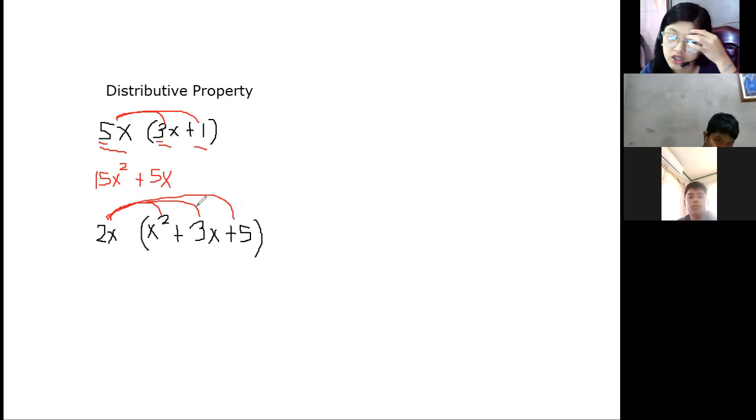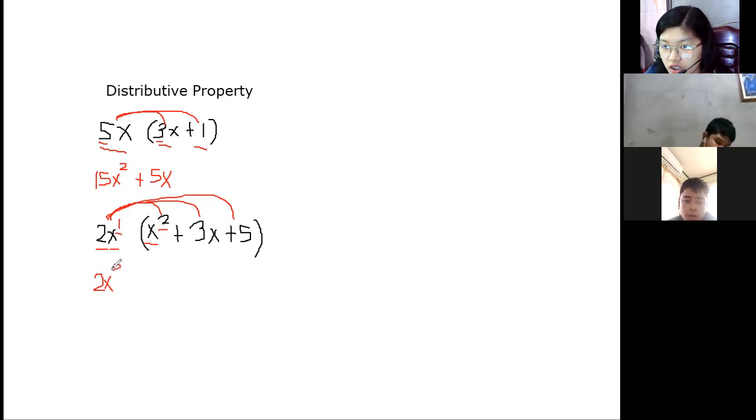So, i-multiply lang siya. And 2x times x. 2 times 1, since wala siyang number, ilan? 2 po. 1 po. 2. 2 times 1, 2. Next. X times x. So, pareho sila ng base, kaya kakopy yung x. And yung exponent nila, 1 ito, 2 ito. Pag pinag-add, that is